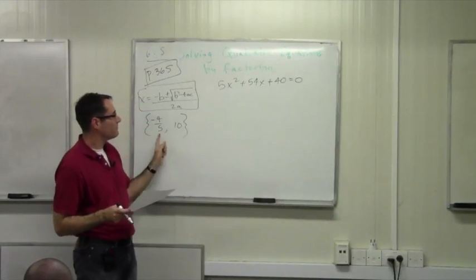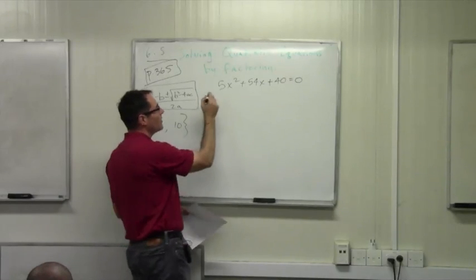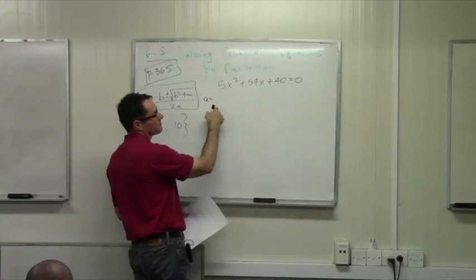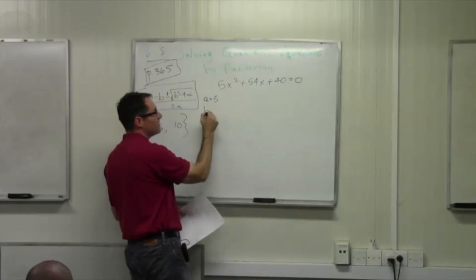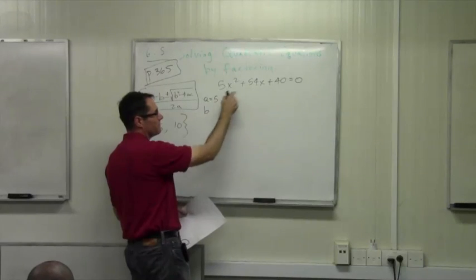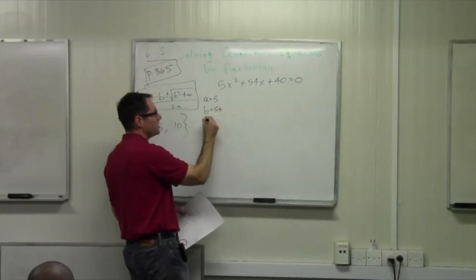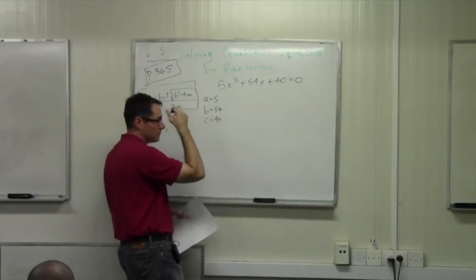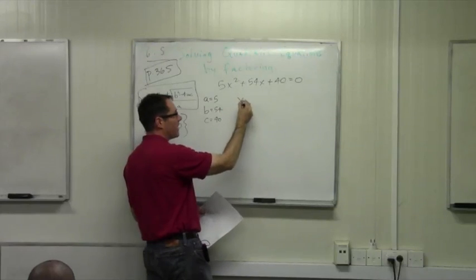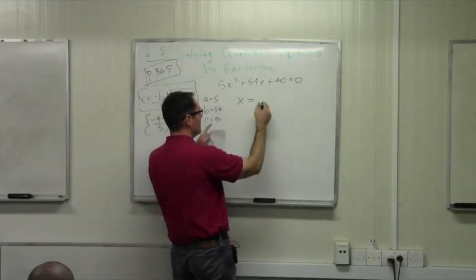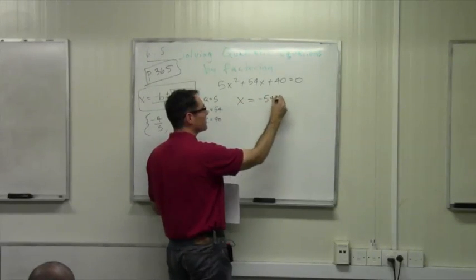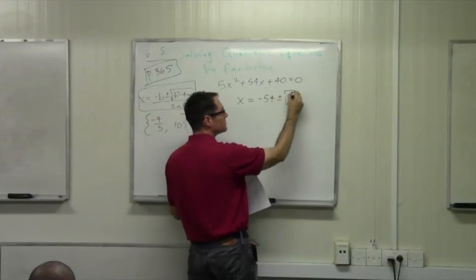All right. What's A in this case? 5. What's B? 54. What's C? 40. So we start writing x equals negative b, negative 54 plus or minus square root of